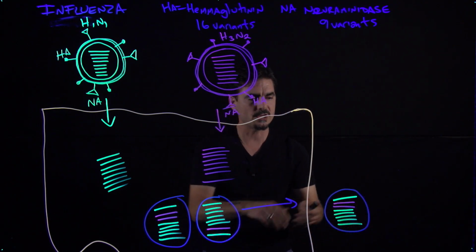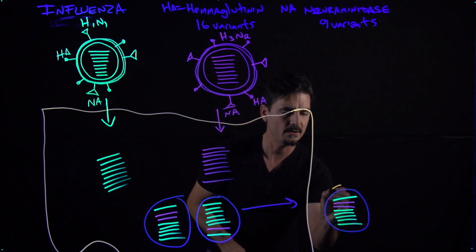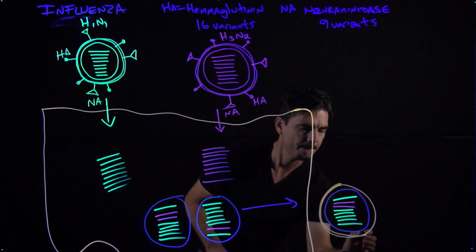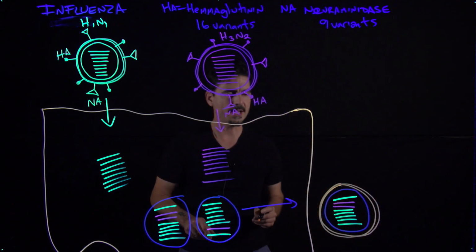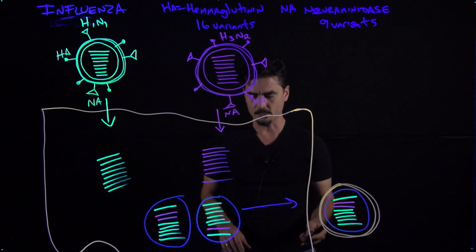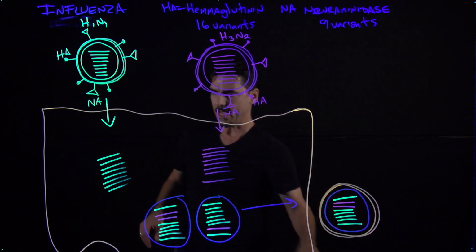All right, now what color should I draw the lipid envelope? That's right, it's coming from the human cell, so that's what we're drawing right here. Okay, so now we just drew the same one here. So what are we getting at here? Well, let's consider that essentially what we have is a,